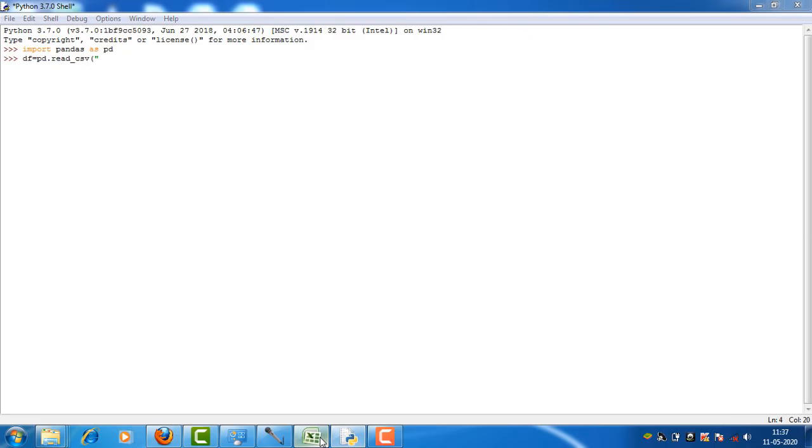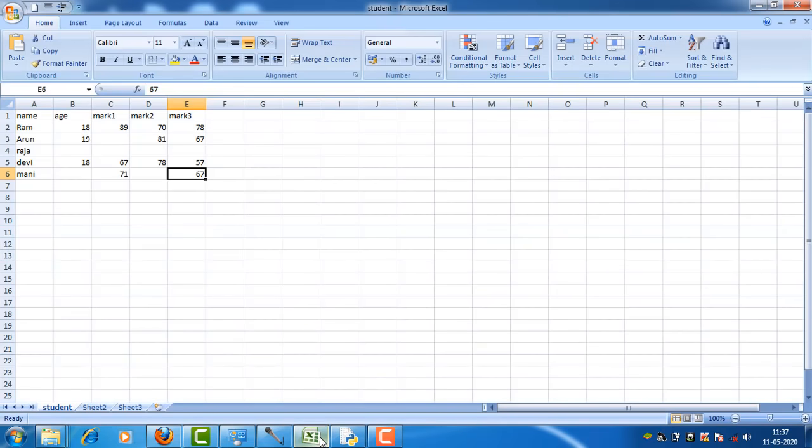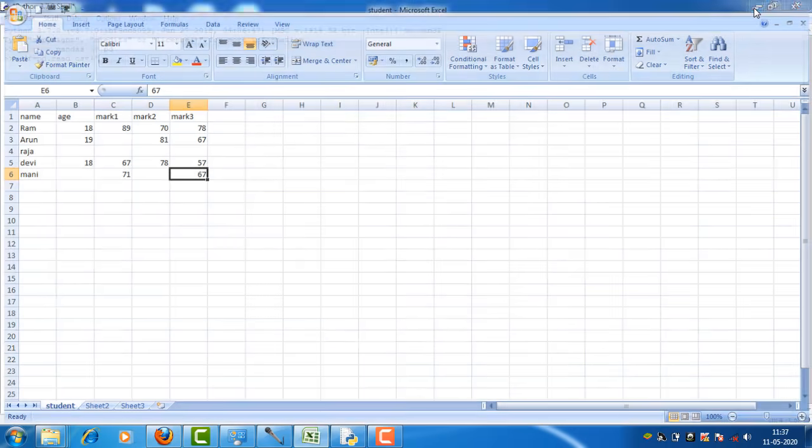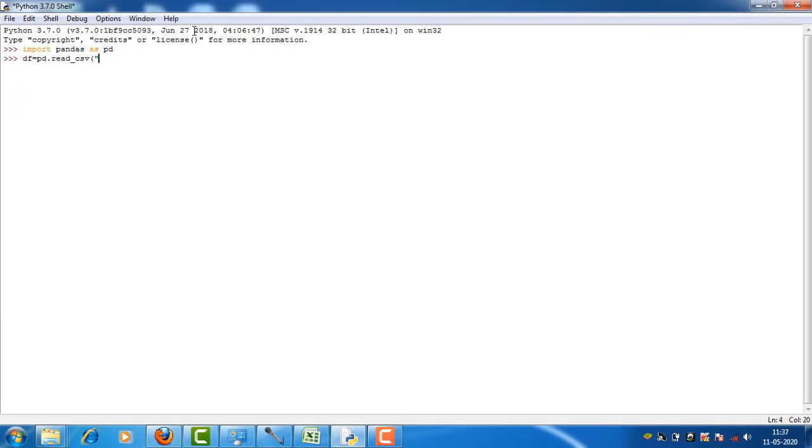So now I am creating a CSV file called student and saving it on the D drive. So I want to give the path D colon slash student dot csv. Enter.